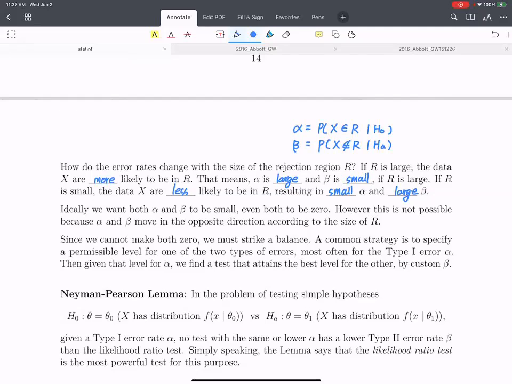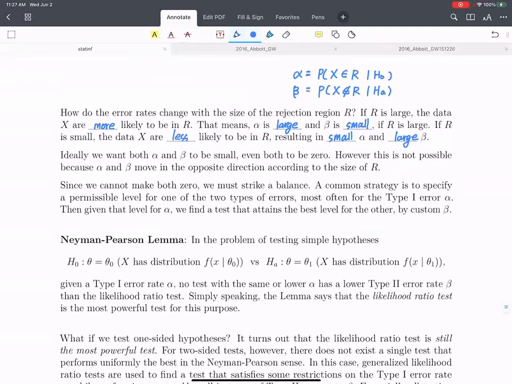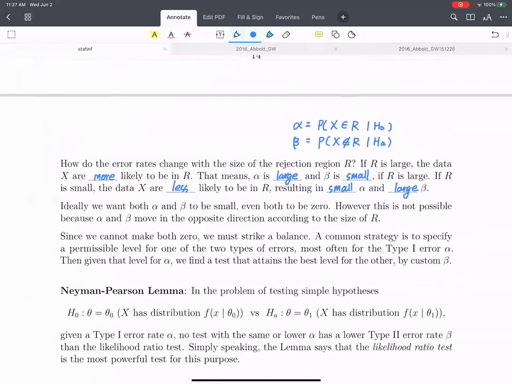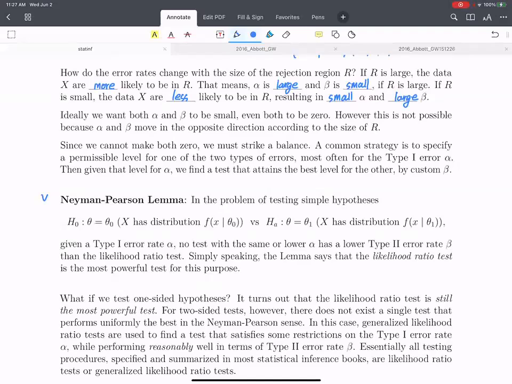For example, if we interpret the Neyman-Pearson lemma, what it says is that when the hypotheses are simple, like specifying one specific value under the null and another specific value under the alternative, and if we fix an upper bound of the type 1 error rate, then the likelihood ratio test will have the smallest type 2 error rate, meaning that no other testing procedure will be better than the likelihood ratio test if we fix the type 1 error rate.